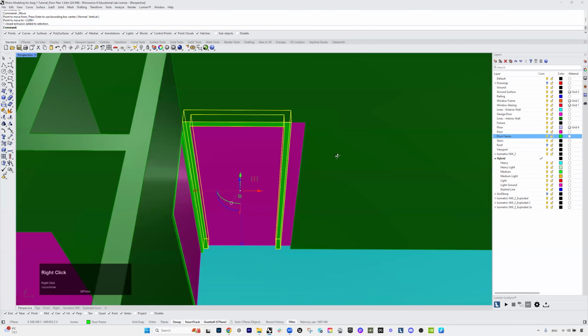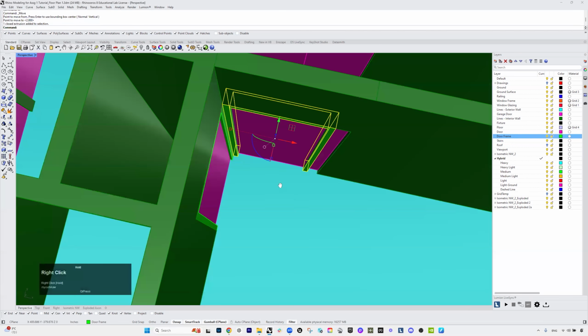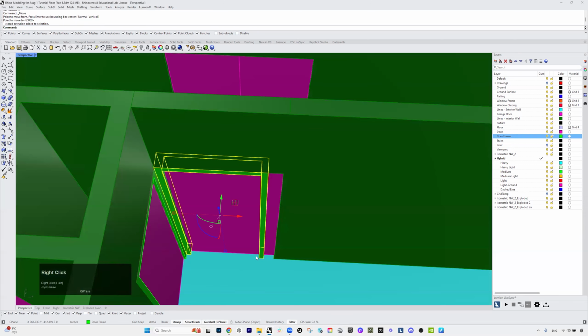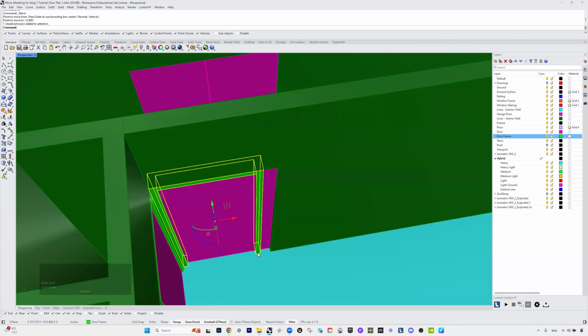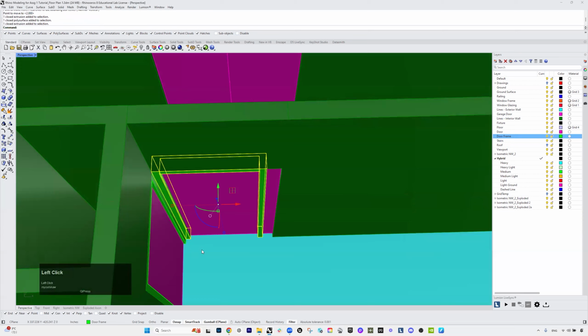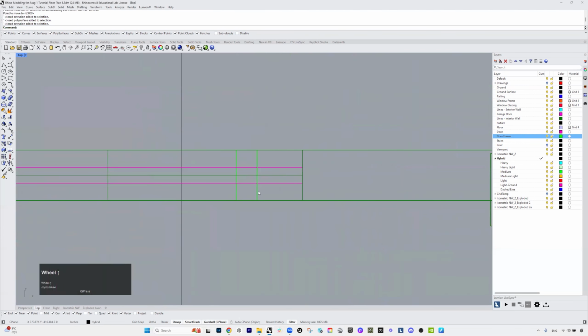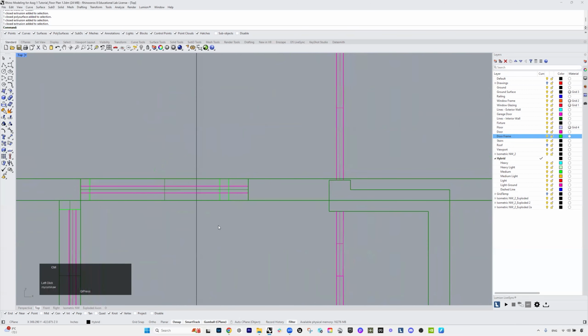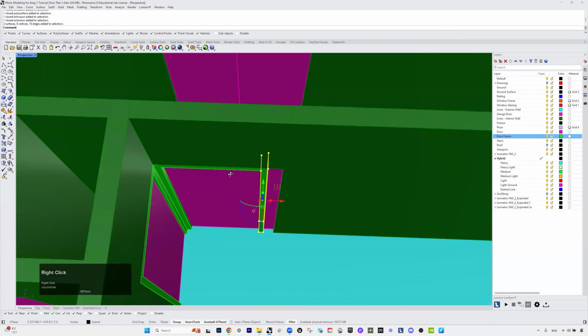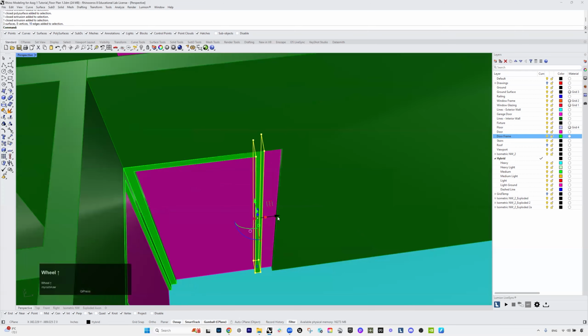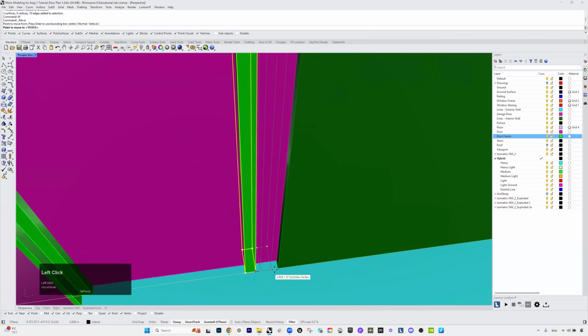Now this has to be shifted over here. And in this case, I can't really use shift 1D because that will change the width of the door frame. What I can do is go to top, and so this is a door frame. If I press shift control and hold and left click and use the selection tool from left to right, that will select all the surfaces, kind of like this. So then I can move this to match over here